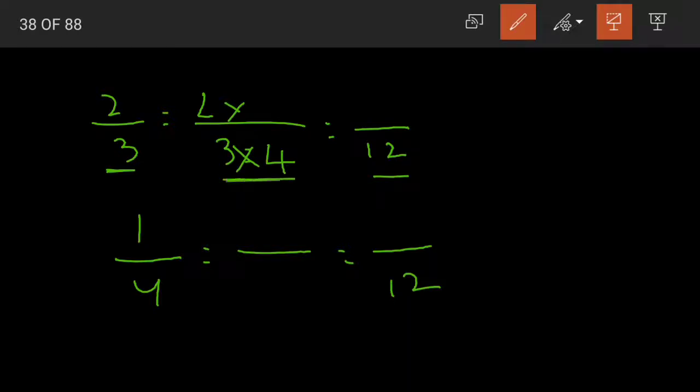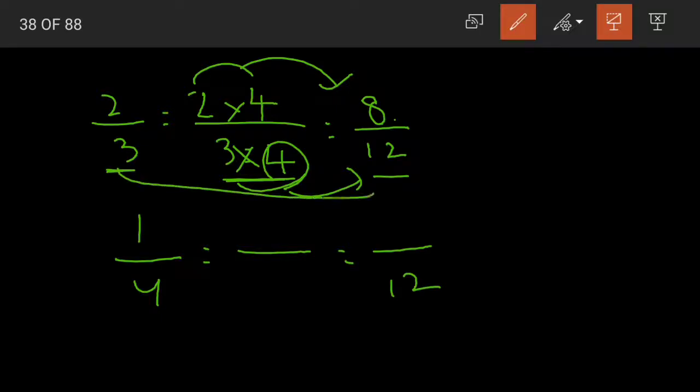Now as we have multiplied the denominator, we'll multiply the numerator as well with the same number, that is 4. Remember in equivalent fractions, children, what did we do? We multiplied the numerator and denominator by the same number. In the same way, even here we have to multiply both the numerator and denominator by the same number. Now what will be the numerator? 2 into 4, 8. The denominator is 3 into 4, 12. So 2 by 3 is nothing but our 8 by 12.